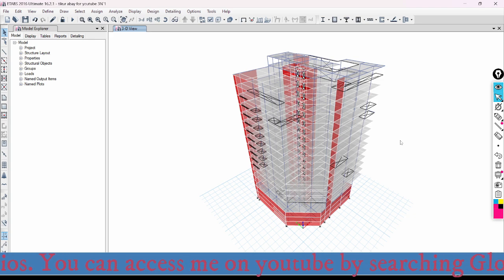Now let's proceed to today's tutorial, which is tutorial part 25, which will be focusing on the detailed designing of the slabs of this 20-story building. Before proceeding to the detailed designing of the slabs of this 20-story building,